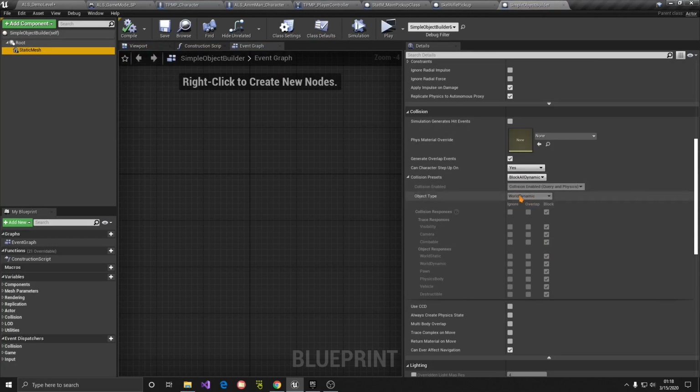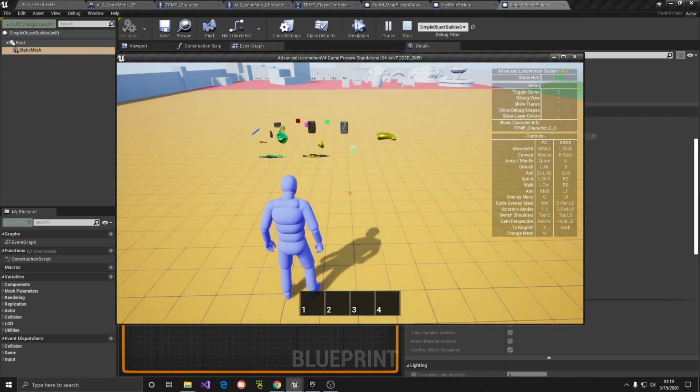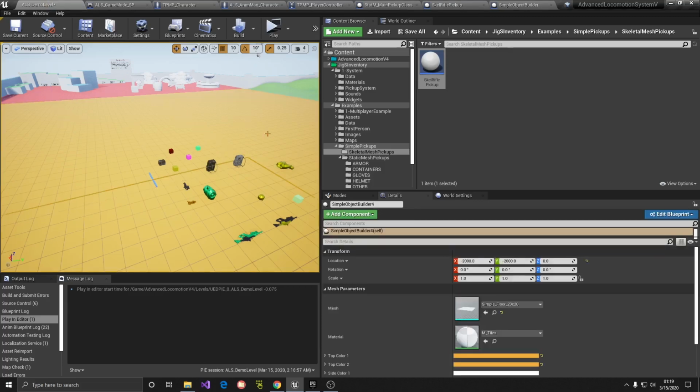That's why. So instead of collision preset block all, you can do custom, and you can change this from world dynamic to world static. By changing it to world static, as you can see, they're not gonna go through the ground. I don't see why they're set as world dynamic, but if you really need this to be dynamic,